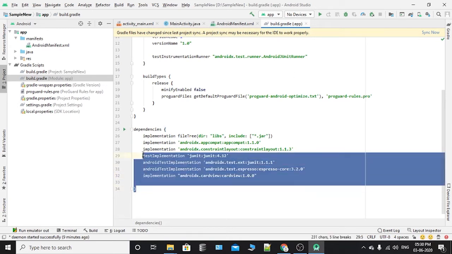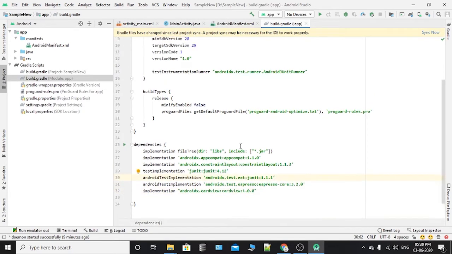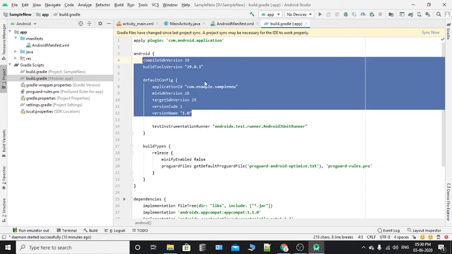Okay, this is only for dependency. You can understand this one by one while doing the project. I know it is a little bit confusing. But these two are very important files in every project. If the version gets changed, your project won't run. Okay, you see, I'm using Android 9, Pie. That API level is 29. The target SDK version is 29. So these are all default. You no need to define anything.